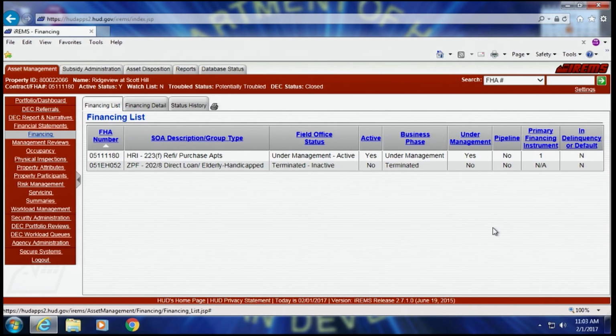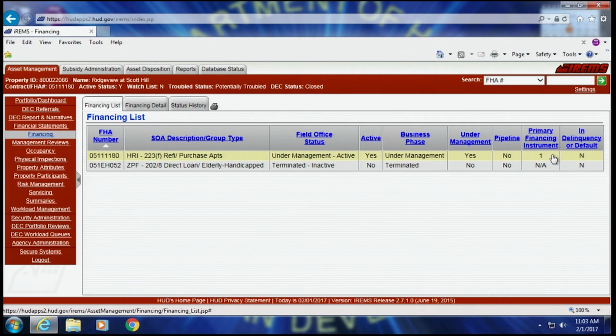That's not to say that before it gets out of development, it doesn't have some issues, and you may have to input some information into this property because it may or may not get out of development and go to full endorsement. So typically, you would look for the under management active. If there are problems before it gets to initial endorsement or final endorsement, depending on the type of loan, you would look for that indicator. And under active management then means you have to set this indicator to 1 for a primary finance instrument for your physical inspection.